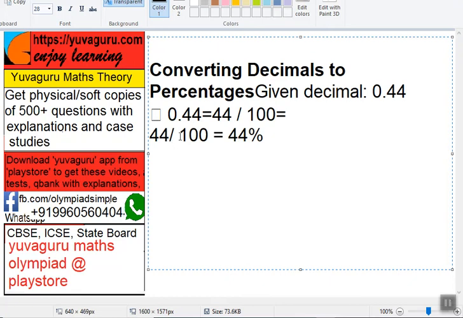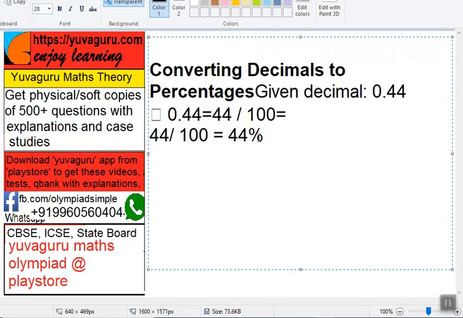Similarly, the same will be shifted in the denominator also. So it becomes 44 over here, means multiply by 100 both the sides, right? As simple. So multiply by 100 means the denominator also will be multiplied by 100. So it becomes 100. So it becomes 44 upon 100. Now once it becomes upon 100, if anything comes upon 100, that is a percentage. So it becomes 44%. So that way it is converted.